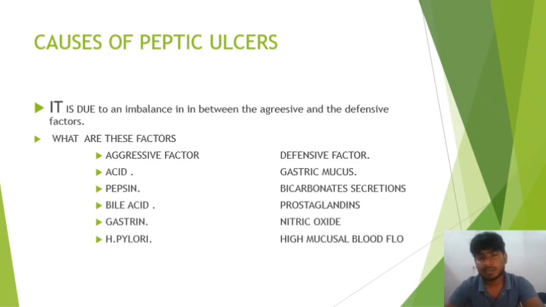So when acid increases, the gastric mucus will protect against it. If the acid increases more than the gastric mucus release, then it will cause a peptic ulcer. It means when the aggressive factor increases more than the defensive factor, the defensive factor decreases, and it will cause a peptic ulcer in the protective layer of the stomach. Okay, I think you will understand the reason behind peptic ulcer. Okay, next,